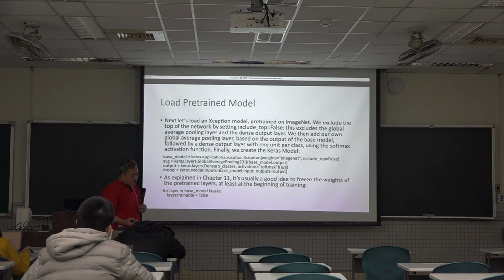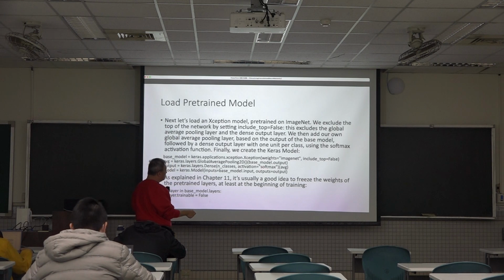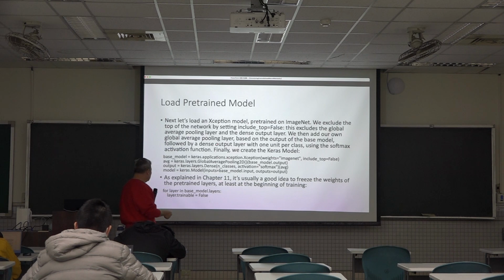Remember we only have 5 classes for the flowers, and the activation is softmax. And then we create the model. The input is the base model input, and the output is just this output. That's it. And we can freeze all the layers in the base model